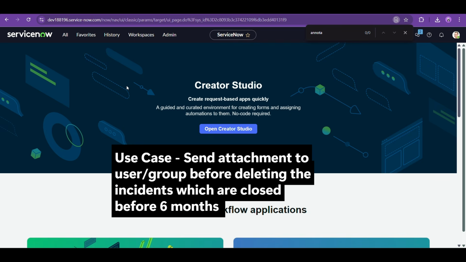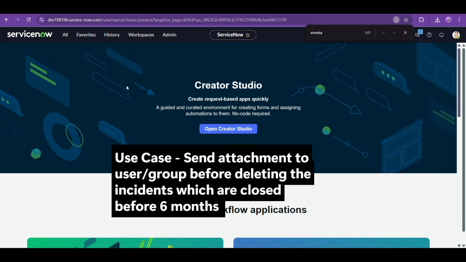First of all, I want to delete the incidents in the system which are older. For today's video, I'm just taking, for example, 3 months or 6 months or 1 month. You can take 2 years or 3 years, as per your organization's policies, legal holds, or whatever they have. You can take whatever time duration. I'm taking 3 months or 1 month based on the data that I will have in my PDI. So I want to delete the closed incidents which are older than 3 months or 6 months.